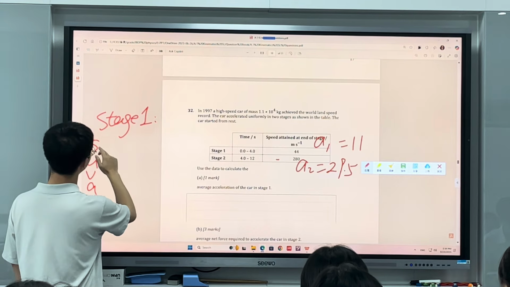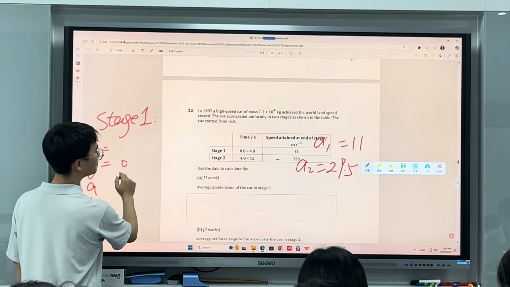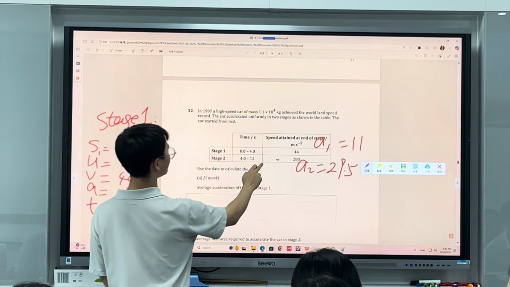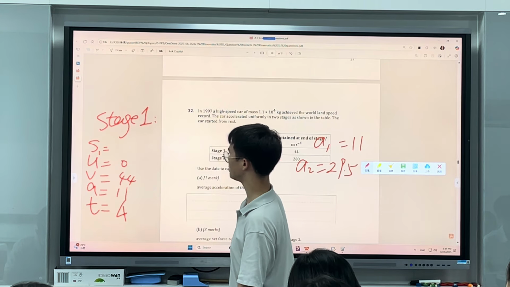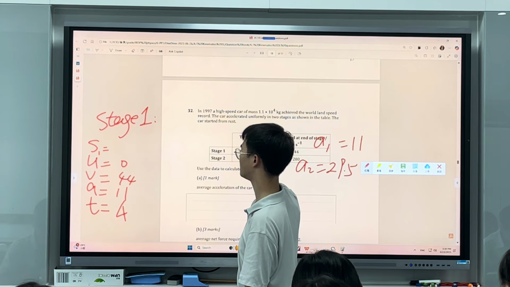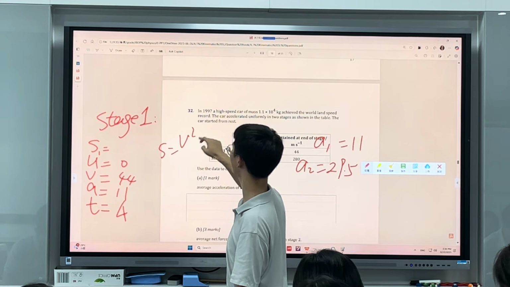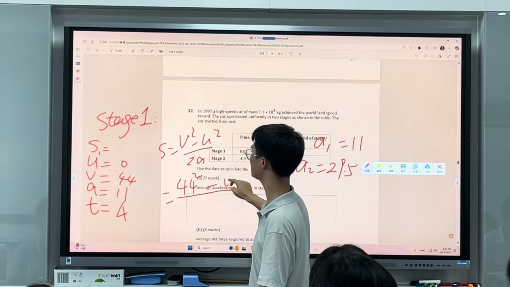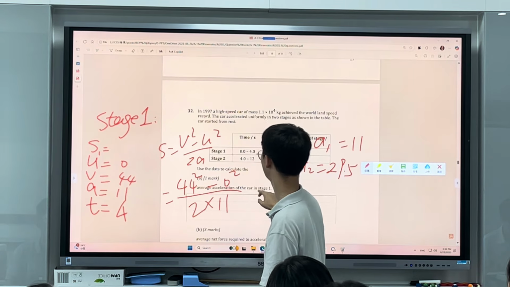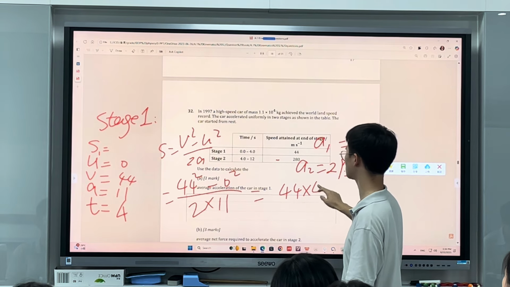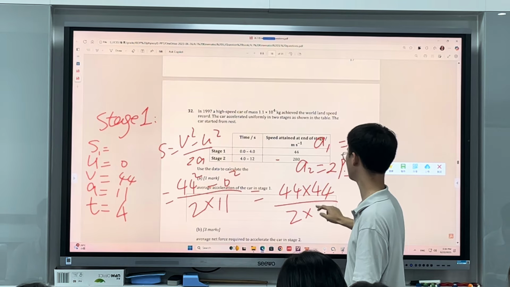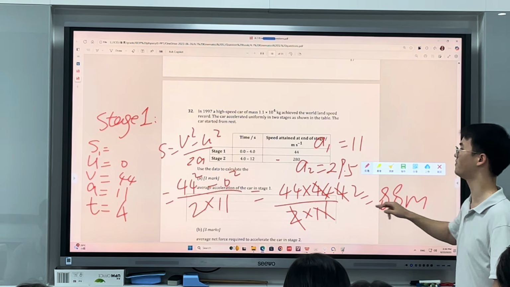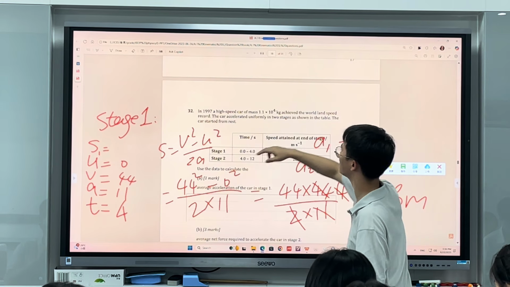We're looking for S1. So U is 0. Final is 44. A is 11. Time is 4. 用一个最简单的吧。S equal to V square minus U square over 2A. 那就是 44 square minus 0 over 2 times 11. 44 乘以 44 除以 2 乘以 11，88 米。That's the first stage, 对吧？